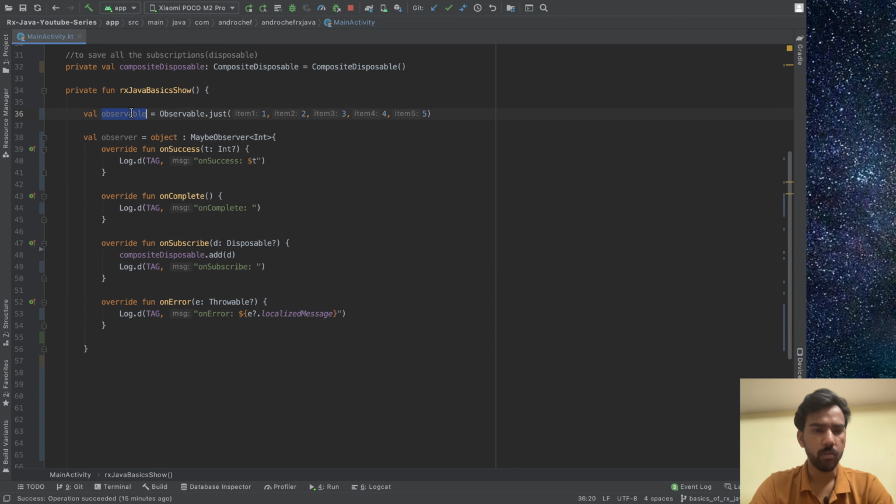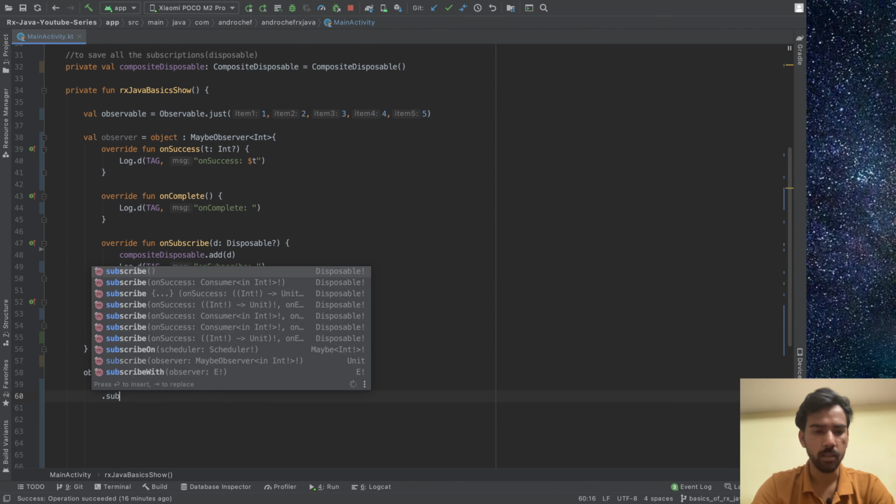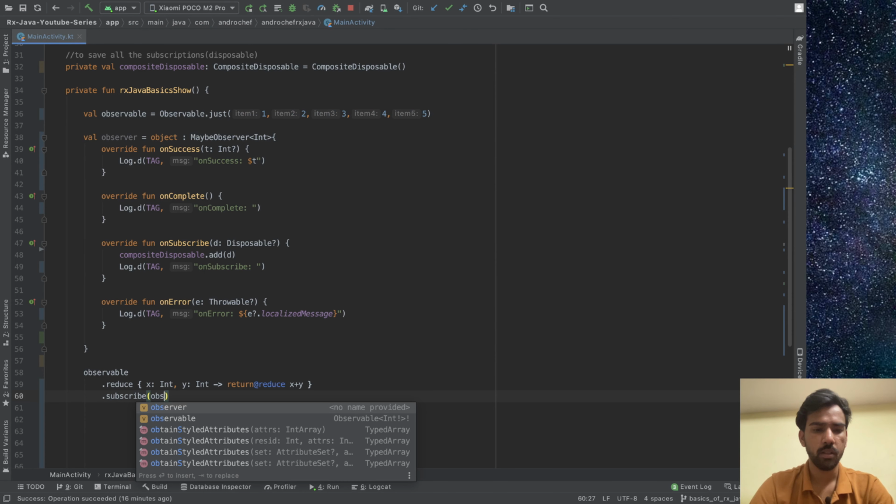So now we have our observable, now we have our observer. Now we will use our reduce operator on the observable. In the reduce, first we will have the value of x, then the value of y, and then we will return x plus y, correct? This should not be null because we are passing all the values, and then we will subscribe to its observer.